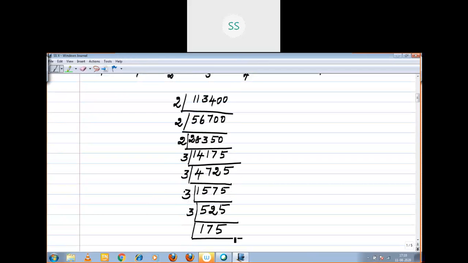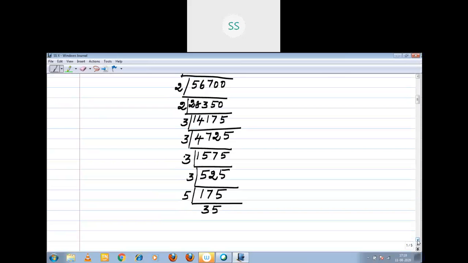Now you see it is not divisible by 3 because the sum is not a multiple of 3. The number ends with 5, so you should go for that. 5 3s are 15, remaining 2, 5. Got it, children? Now the number ends with 5, so it is divisible by 5. Now you see 5 7s are 35. You end up with a prime number. That's all, the thing is over.